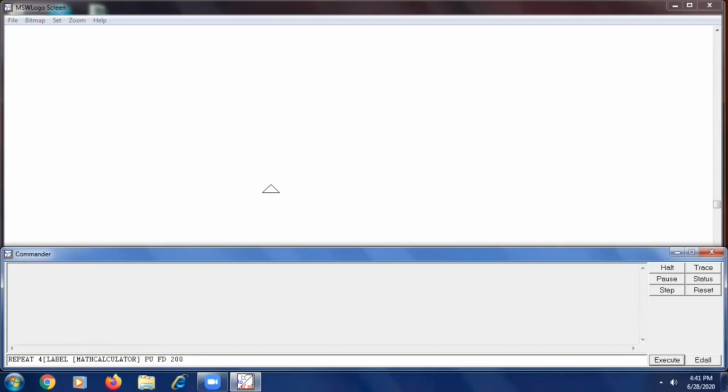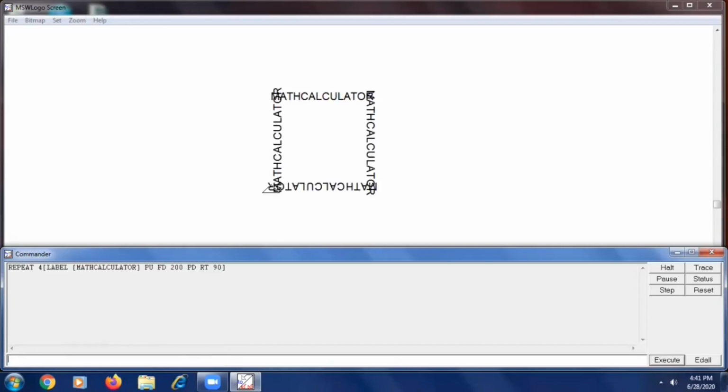After that, what will happen? It needs to turn also. So the pen is up, the line has gone, so we will do PD. Then we need to turn RT 90. The same thing which I did 4 times, now I am doing in a single go.